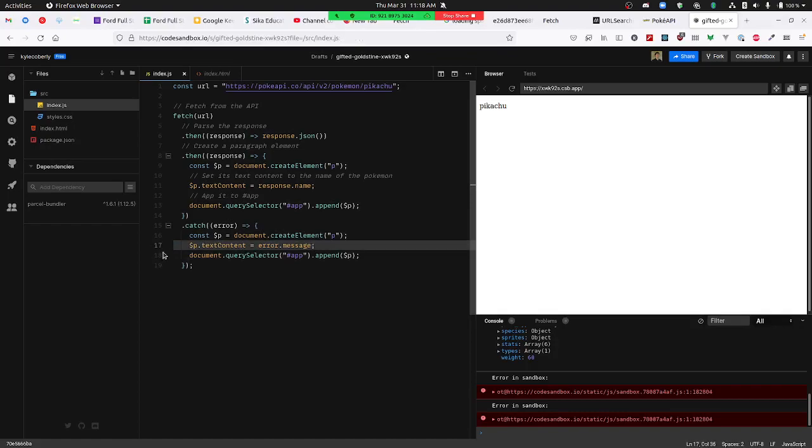Okay, so that has no errors. If I do that, maybe it helps. Nothing. What about Pikachu? There we go. So then it makes the error show up on the page. Or if you don't want to expose that error, this could just be